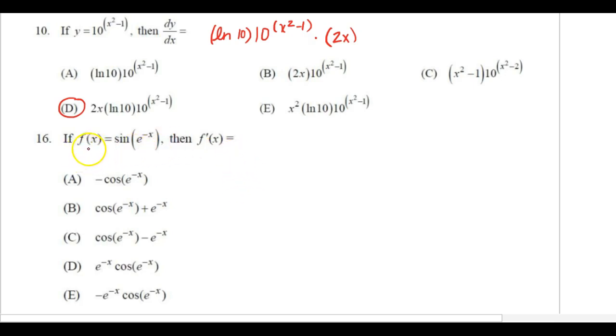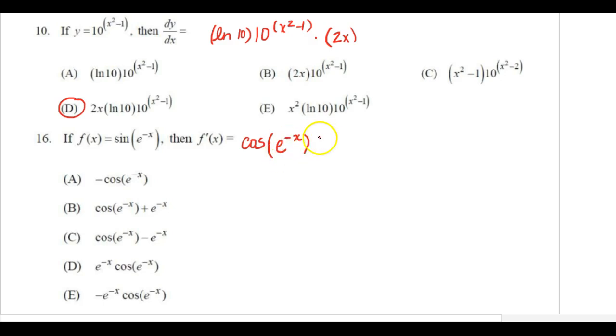And now this next one, if f of x equals sine of e to the power of negative x, then what is its derivative, f prime of x? And this is actually going to be two chain rules. So negative x is inside of e to the x, and e to the negative x is inside sine x. So the outermost function is sine, and the derivative of sine is cosine. And then we're going to leave the inside the same. So cosine